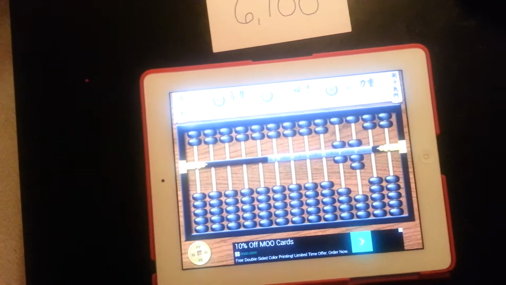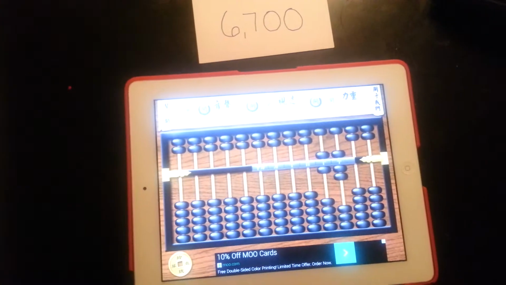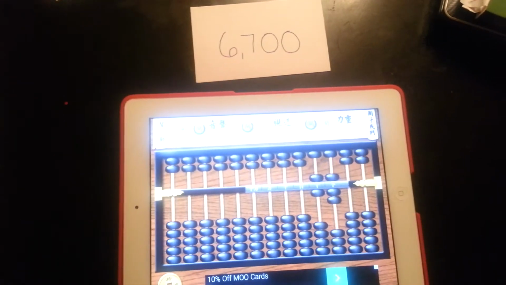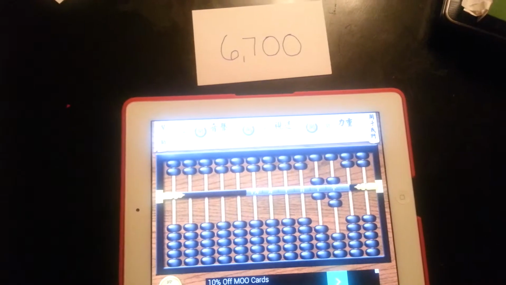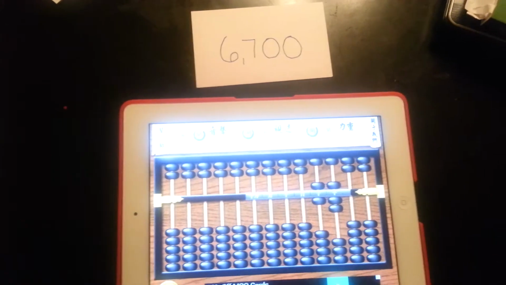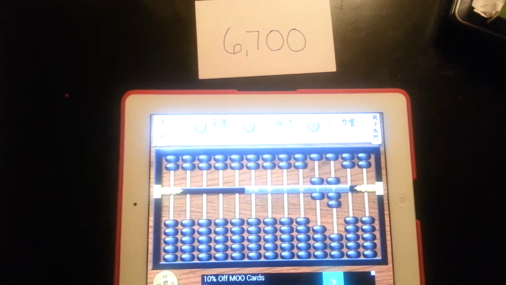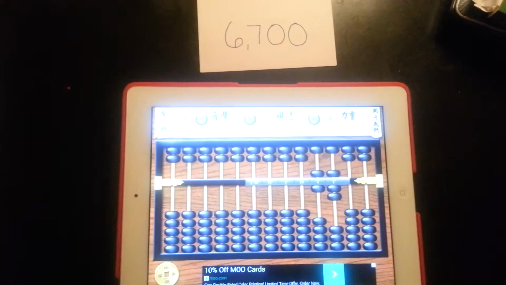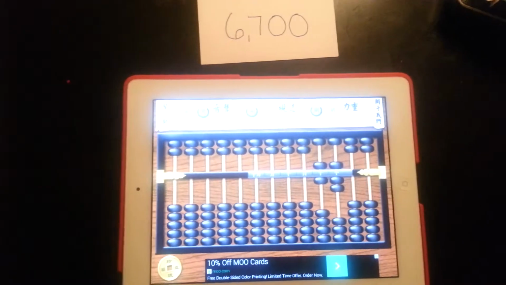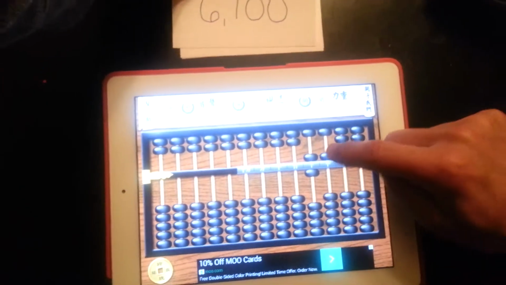Now we're going to look at the product of this. We have 6,700. We know that the original multiplication problem we changed to was 67 times 10. Knowing our rule of multiplying by 10, we know that we can simply add a 0 to the end of that 67. So applying the test of reasonableness, we know that 6,700 would be too large a product, and therefore we're going to clear our abacus and make our product 670